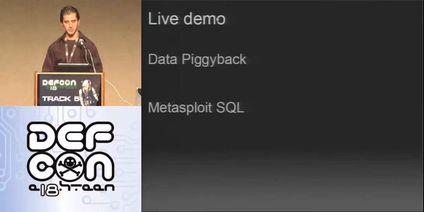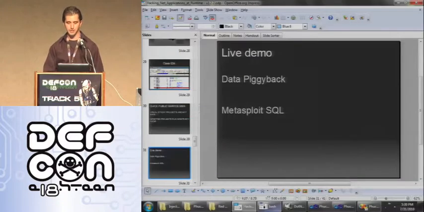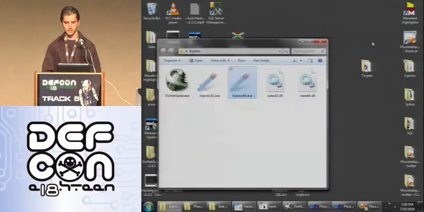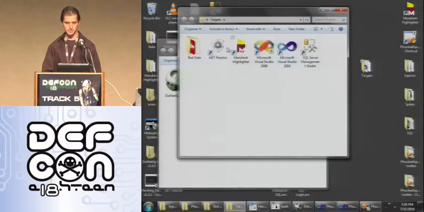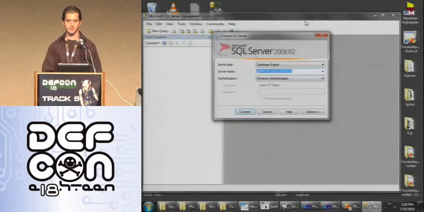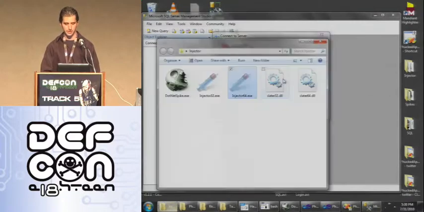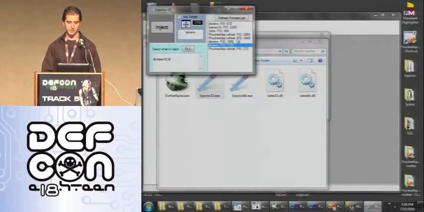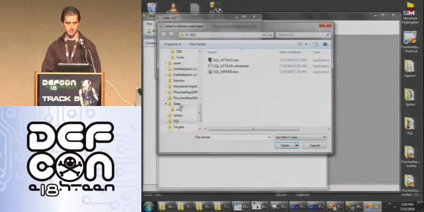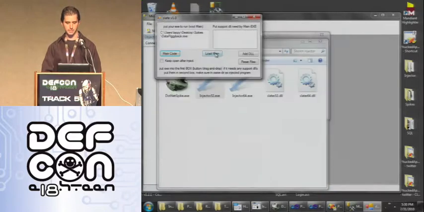So some of the other fun ones that we also have is data piggybacking. The basic premise of this is the same as the other ones. Once you're inside of another target application, you can send whatever you want. So SQL Server Management Studio. So you make it into someone else's machine through some exploit, and you're unable to get back out to the net, but SQL Server has a valid communication portal, and you leverage its credentials to get you back out to the net. So we inject into it, we select data piggybacking,